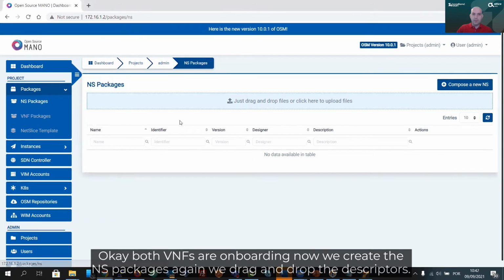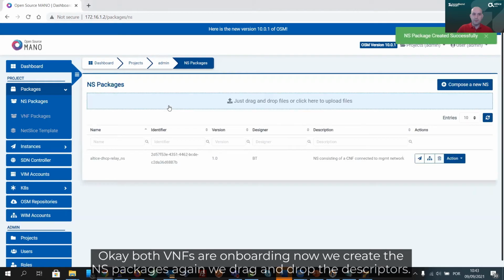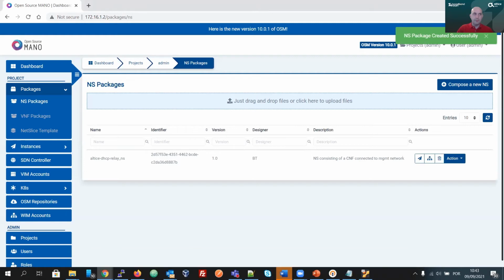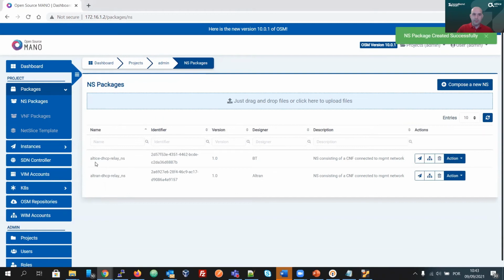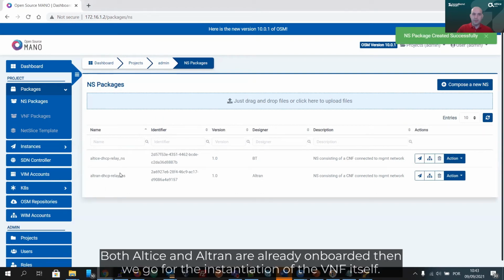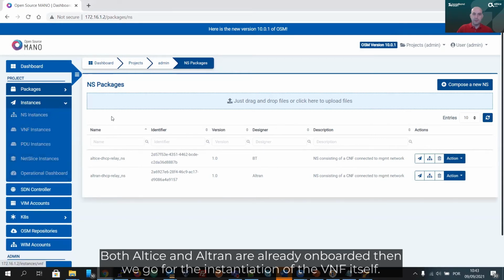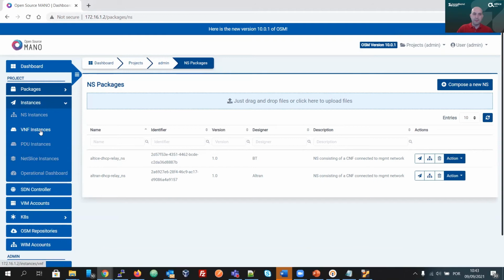Now we create the NS packages. Again, we drag and drop the descriptors. Both Altice and Altran are already onboarded. Then we go for the instantiation of the VNF itself.